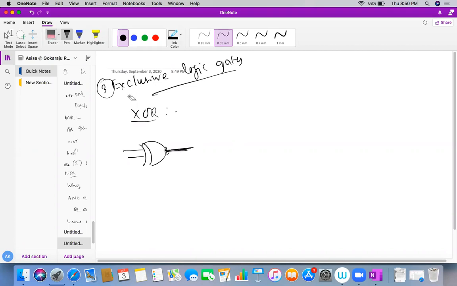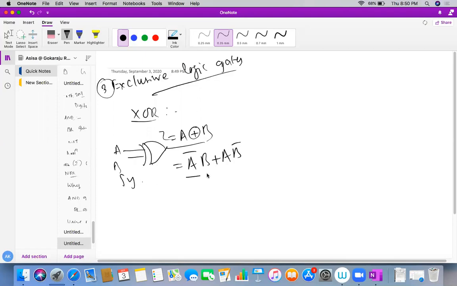Again, I made a mistake. Okay, this is my XOR, which will have inputs A, B, giving A XOR B. This is the symbol, and the functionality is Z equals A XOR B, which is A bar B plus A B bar. This is the symbol, and this is the function.